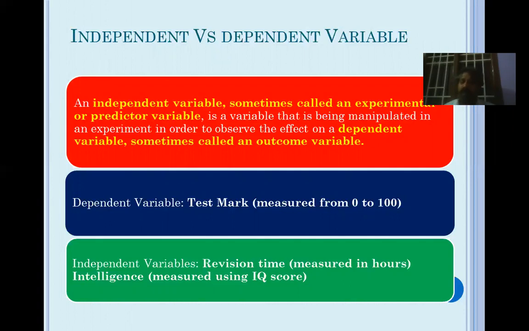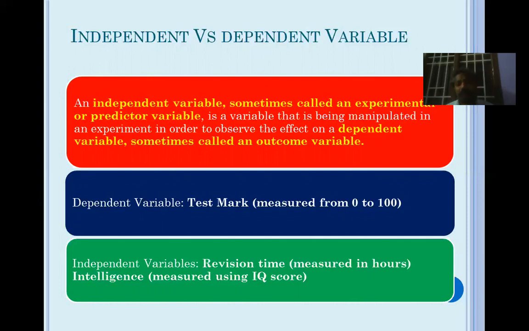If you take your qualification, I can manipulate the qualification. So I can divide the sample into those with a UG qualification, PG qualification, MPhil and PhD qualification. So based on this particular variable, I can divide the people. I can make divisions in my sample. These variables are called independent variables.